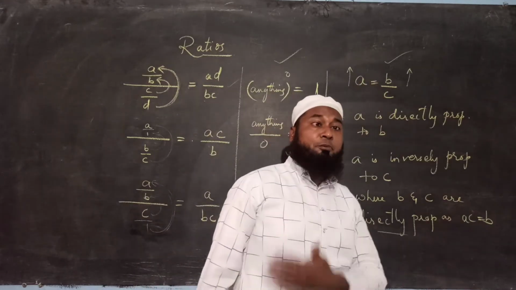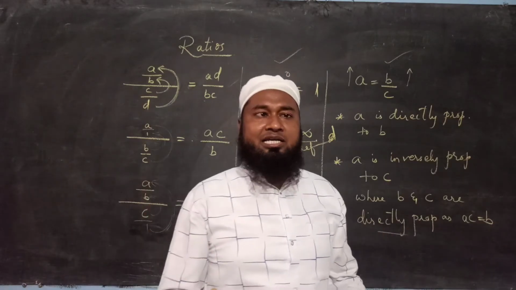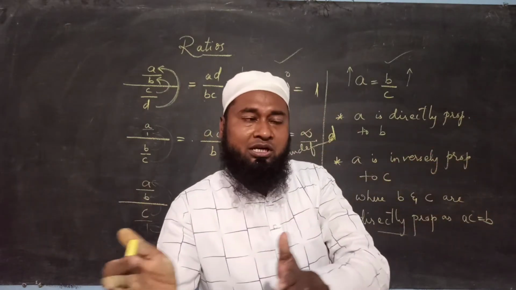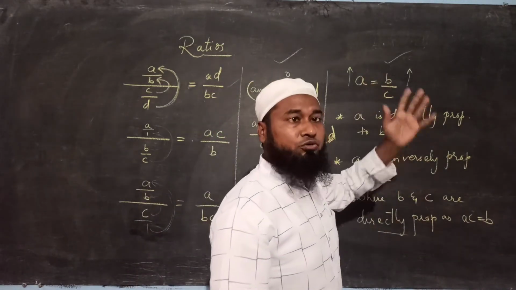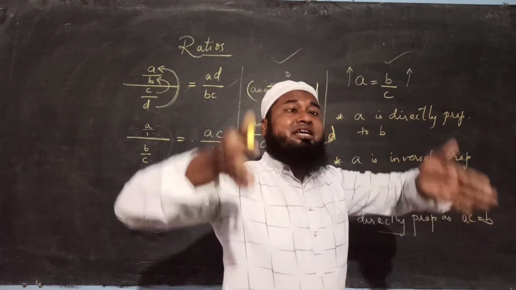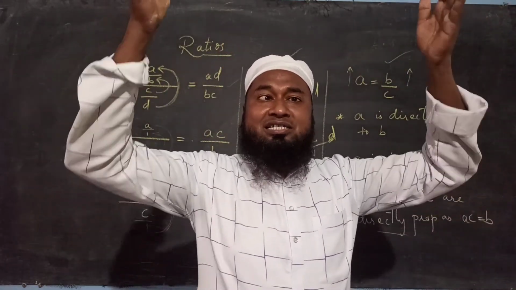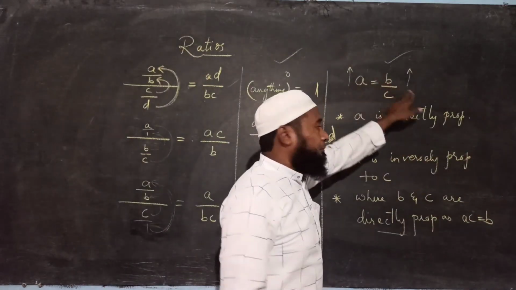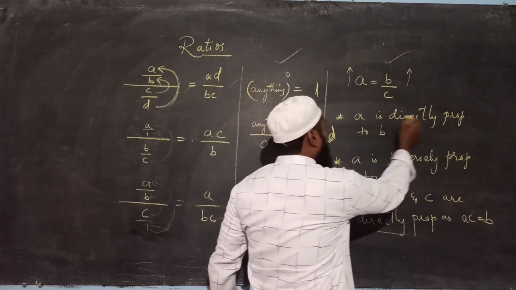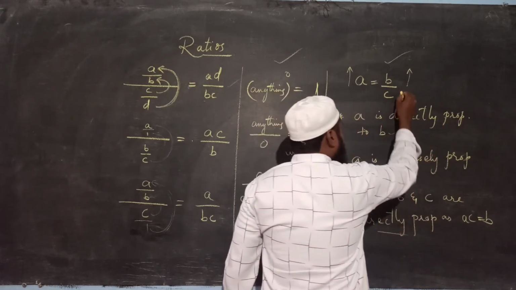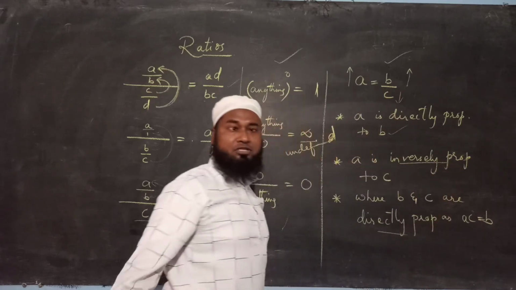Now coming to direct proportionality and inverse proportionality, many times you will get an equation and there you have to recognize which term is directly proportional and which term is inversely proportional. How will you recognize? By seeing this equation you will understand. Whichever terms are in the numerator on either side, always they will be directly proportional. See here, A is in the numerator, B is in the numerator, so A will be directly proportional to B. C is in the denominator, A is in the numerator, so the relation between A and C will be inversely proportional.